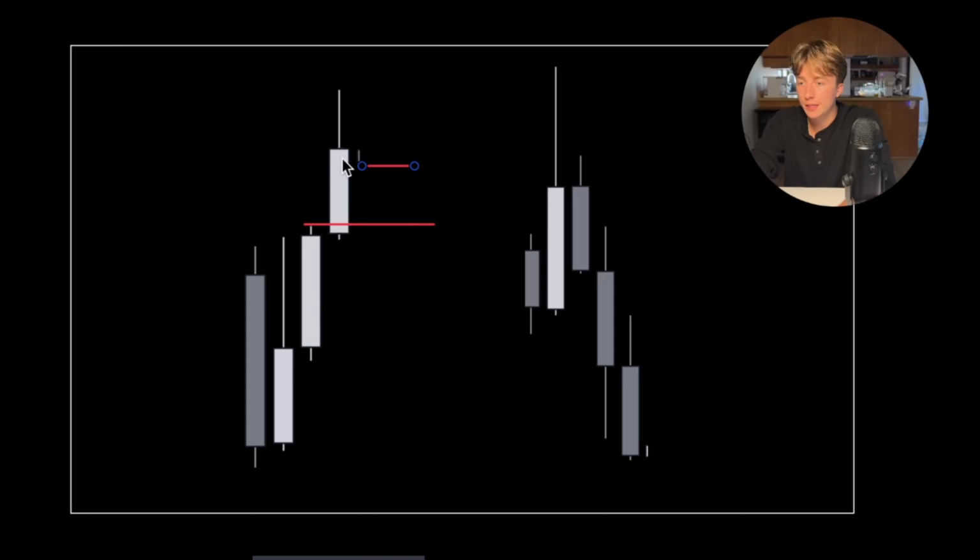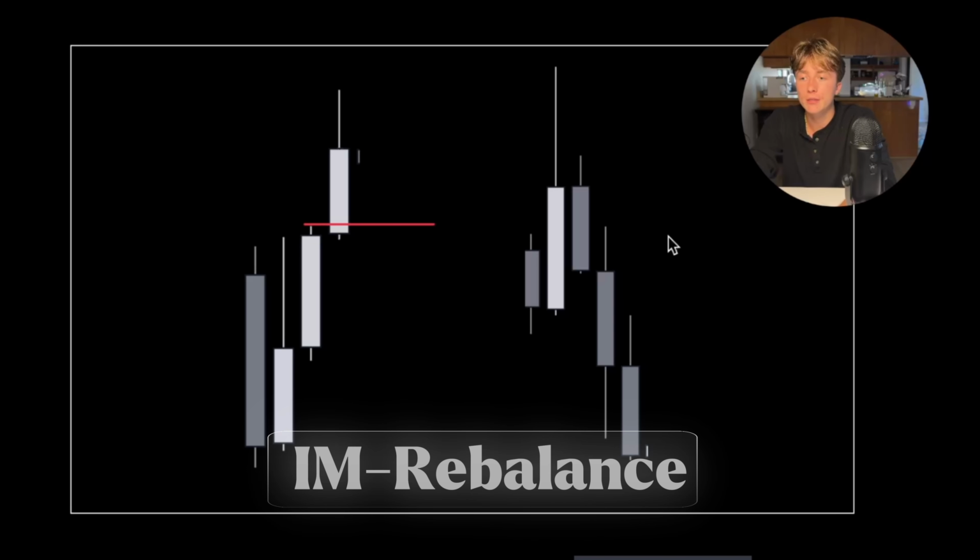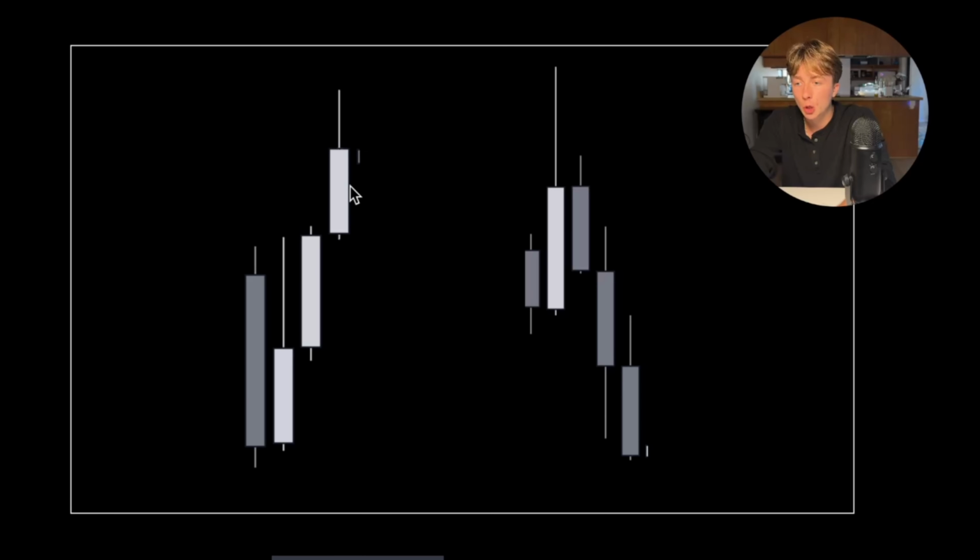Right here you can see that there was a fair value gap, 1, 2, 3, and there was a gap between these candles. There was not a gap between these three candles, 1, 2, 3. You can see there exists no fair value gap because this wick right here overlapped with this wick. And essentially that's the concept of immediate rebalance. But instead of this candle, it's actually the last candle. It's the third candle of the move.